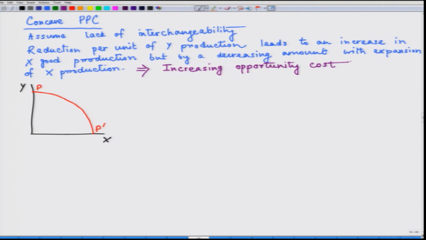So, what does that mean? That means that marginal cost of production increases